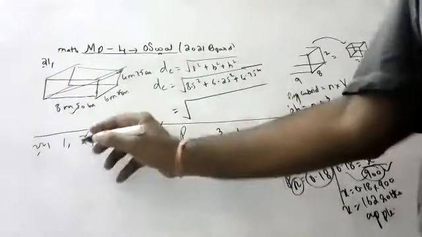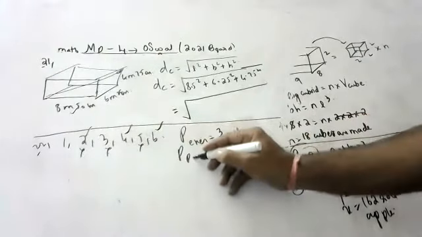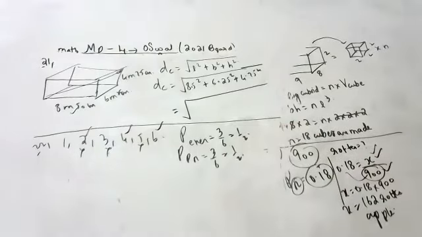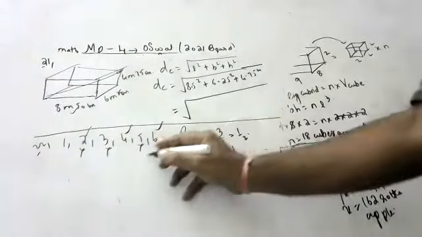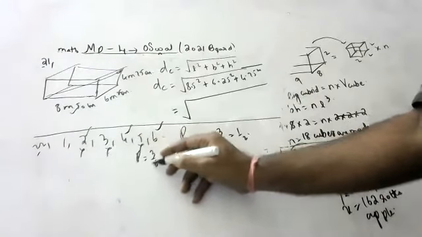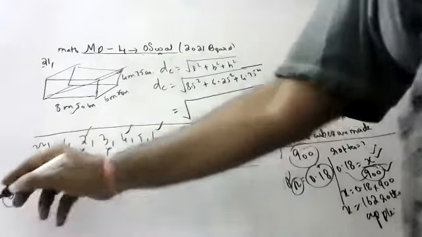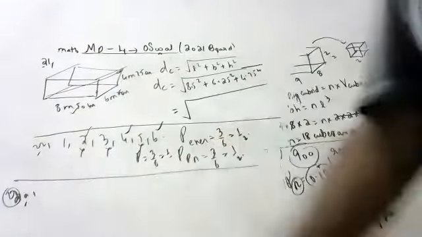What is the probability of getting a prime number? 3 by 6, that is 1 by 2. And what is the probability of getting a number between 2 and 6? Again 1 by 2. So many 1 by 2s are coming. Next question. So children, 22, only one more sum is there.